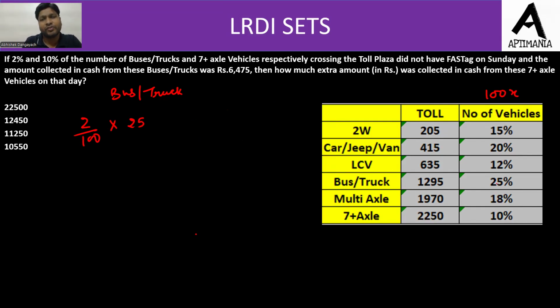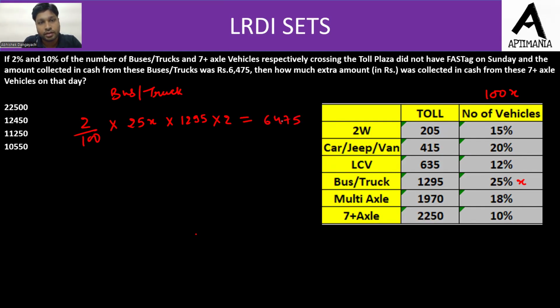25x ले लेते हैं. So let it be 25x. आप number of vehicles को 25x भी assume कर लें, कोई दिक्कत नहीं है उसमें. ठीक है. इनसे कितना चार्जेस लिया गया? The charges are 1295 rupees and we need to multiply this by 2. Why? Because cash में पे करने पे you need to pay double the amount